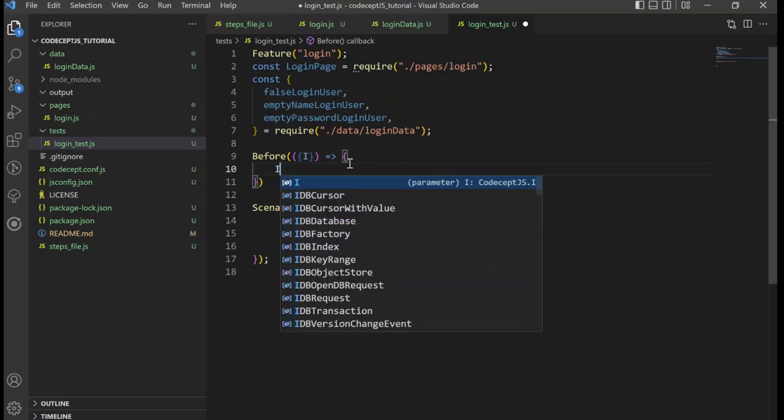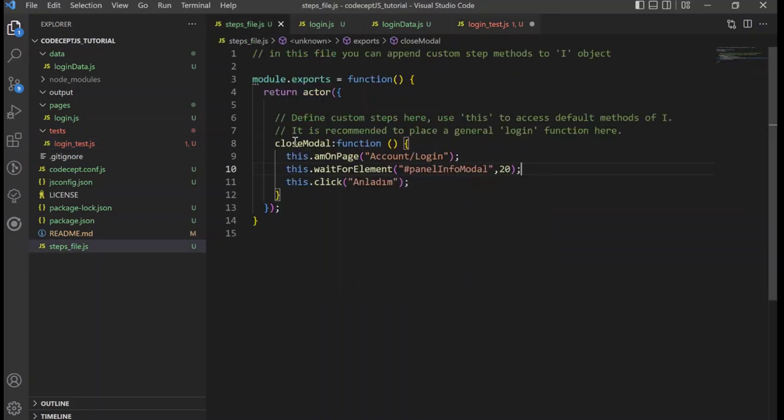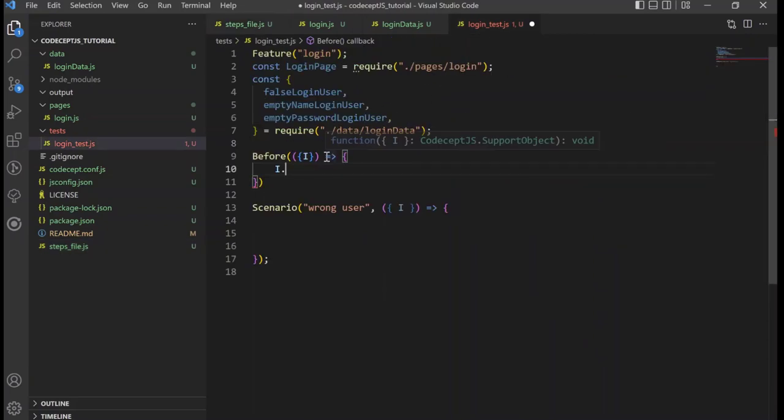So in here we're gonna basically use our close modal function. You can copy and paste because it sometimes hasn't got IntelliSense, but Codecept.js has IntelliSense support in TypeScript.